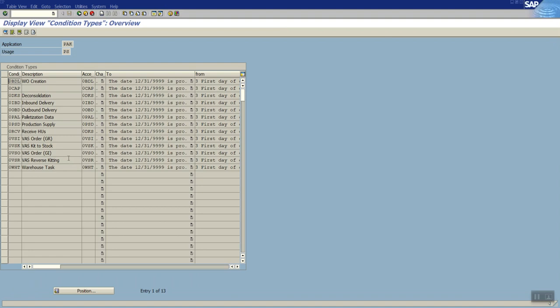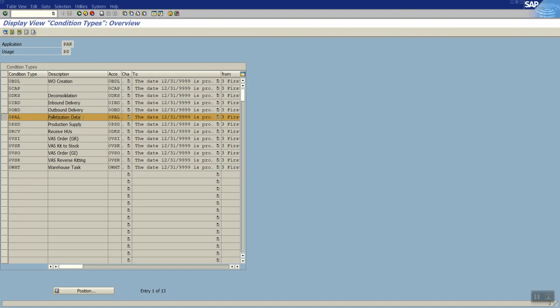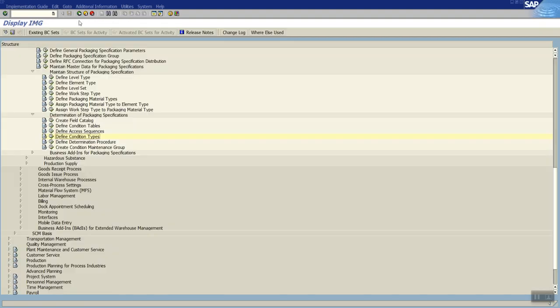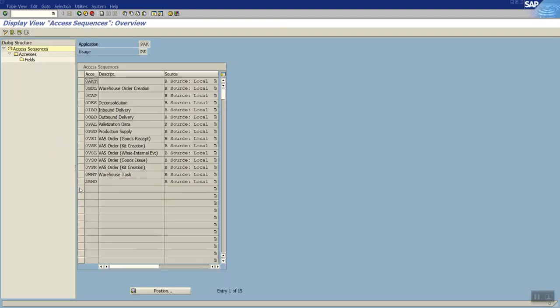So for example, in the SAP given standard, here I don't see 0PIL. So this is the 0PIL condition type SAP has given. For example, if we don't want to use this SAP given one, let's look at the condition table, because the condition table gives us the actual information of what fields we are using.